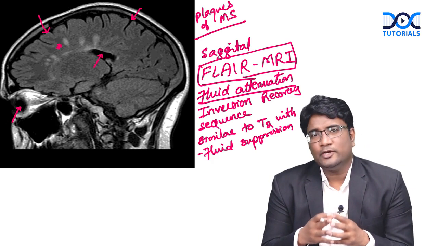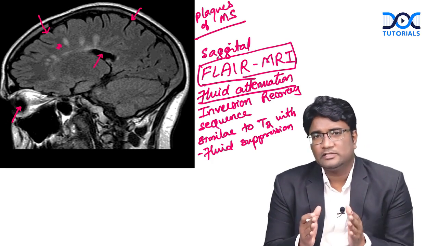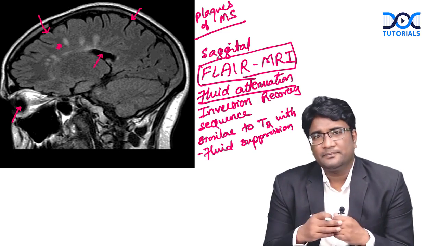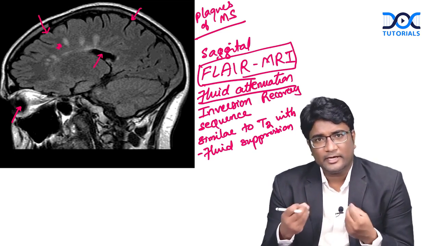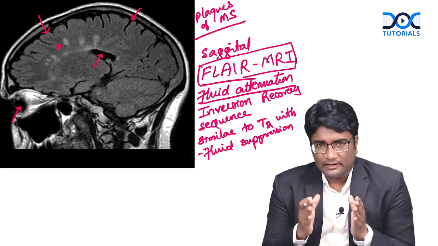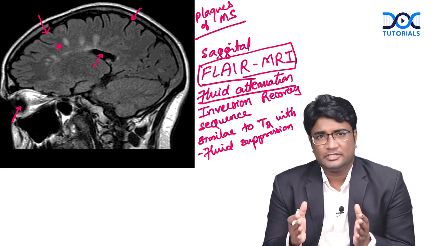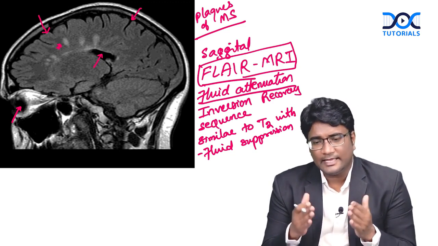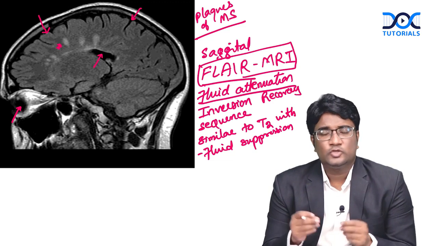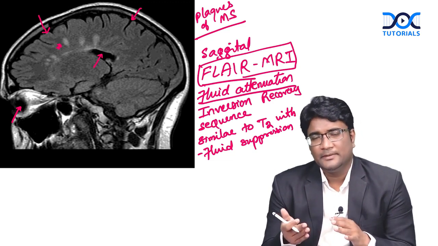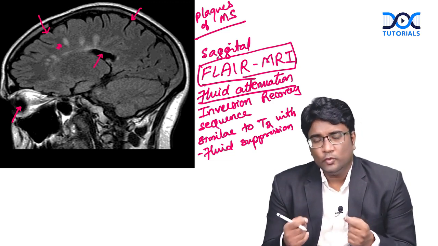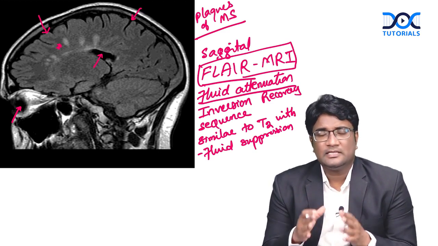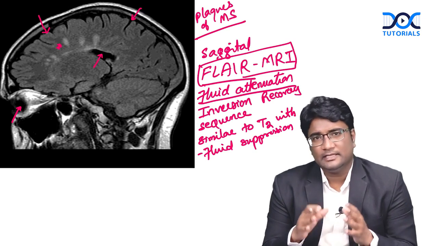And if I do a regular T2 weighted imaging, the CSF in the ventricles will appear bright and the periventricular edema will also appear hyperintense. So the pathologies especially appear white on T2 weighted imaging. So if you have a periventricular hyperintensity, it is very difficult to distinguish the CSF signal in the ventricles and the periventricular hyperintensity. So it is better to suppress the CSF signal by using FLAIR imaging so that only periventricular hyperintensities, the brain edema, can be visualized by suppressing the fluid signal present in the ventricles.